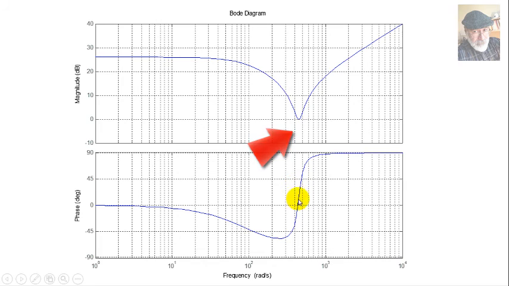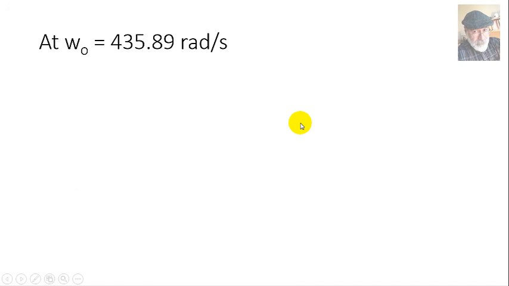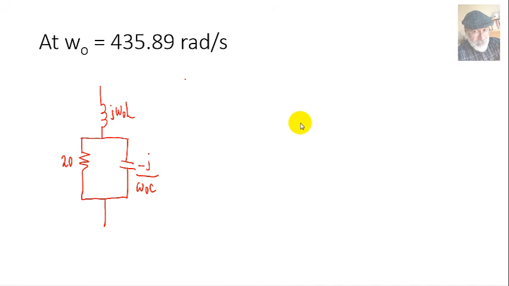So, at the resonant frequency, the whole circuit looks like a 1 ohm resistor. Yeah, that's right, 1 ohm. At that frequency, the whole circuit looks like a 1 ohm resistor. And you say, how can that be? The resistor we have in that circuit is a 20 ohm resistor. Oh well, look at it. At that frequency,